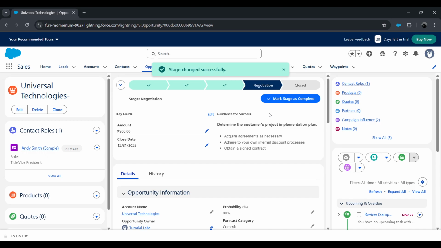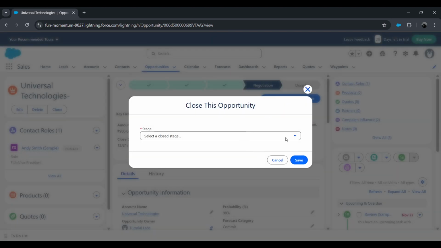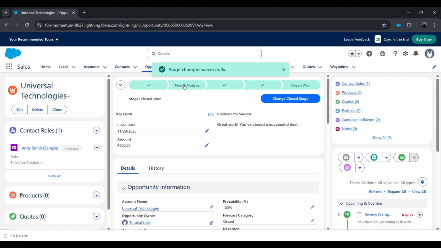Continue this process until you reach negotiation/review. At this critical juncture, you're finalizing terms and pricing with your prospect. Open the opportunity record one final time and select either closed won if you've successfully secured the deal or closed lost if things didn't work out. Click Save to finalize the outcome. You've now taken a raw lead all the way through your sales process to a definitive conclusion, creating valuable data